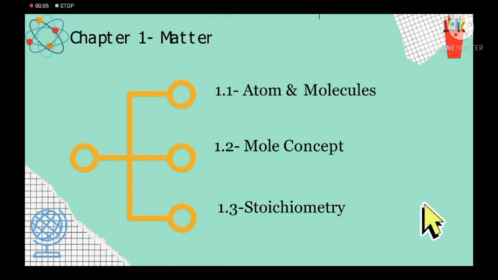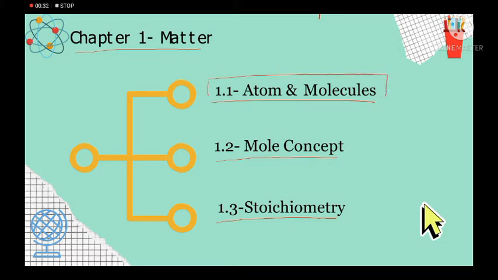So this is the first lesson for chemistry tutorial, semester 1 matriculation. The first chapter is about matter. In this chapter, we're going to look at three subtopics. The first one is about atom and molecule. The second one is about mole concept. The third one is about stoichiometry. But for today's lesson, we're going to look at the first subtopic only, which is atom and